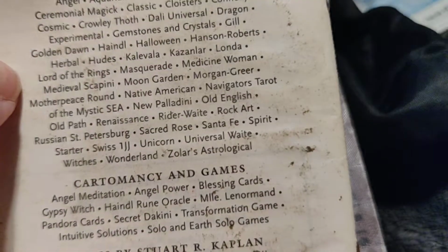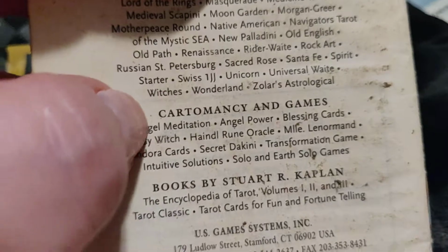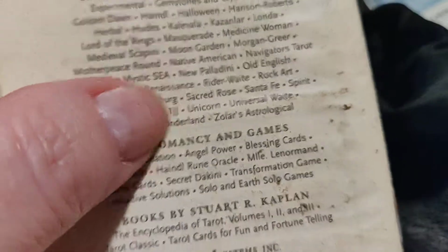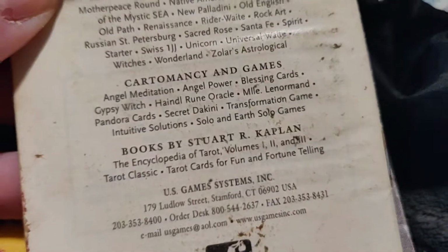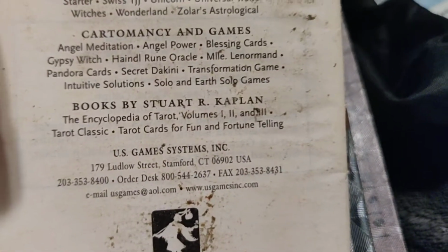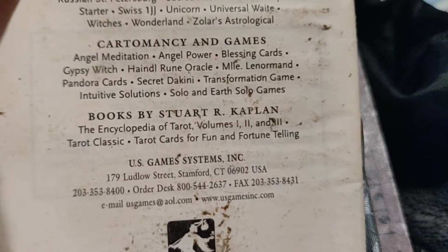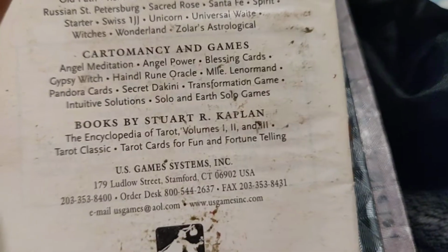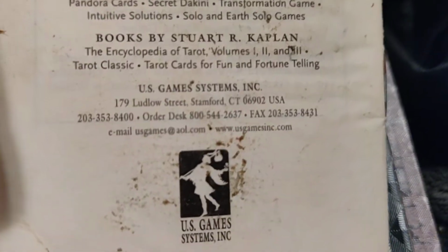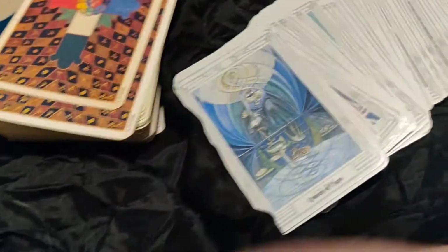And I think I have the Witches Tarot. I'm not really sure. I do have the Universal Waite tarot deck. That's true. And well, basically, as you can see, Stuart R. Kaplan wrote the Encyclopedia of Tarot Volumes 1, 2, and 3, Tarot Classic, and Tarot Cards for Fun and Fortune Telling. And that's US Game Systems. These are rather old, but I love them anyway. And both of them, I actually housed them on this little